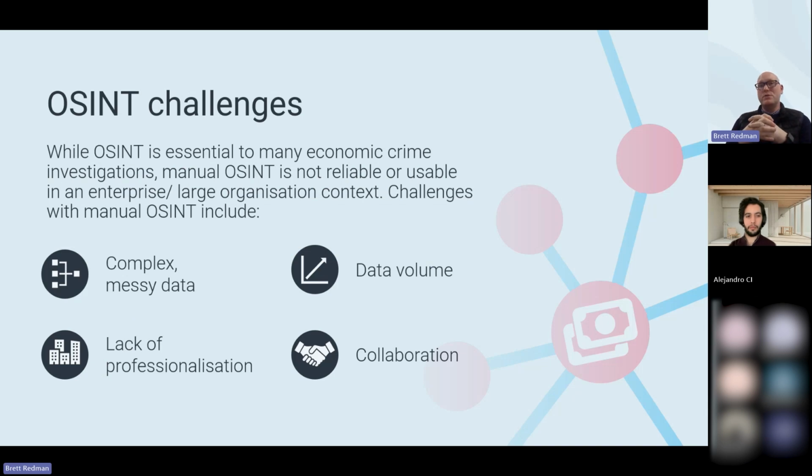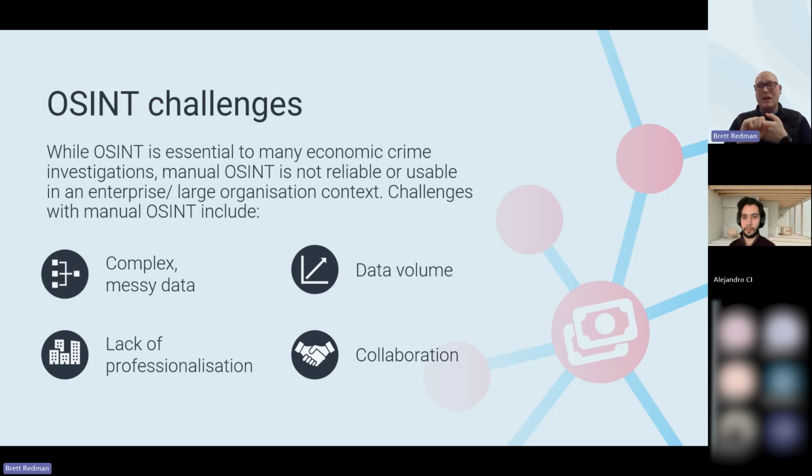And these issues within open source intelligence is manual OSINT. Now, you'll hear the phrase manual OSINT a lot of the time. That's being able to visualize networks, entities, ownership, structures, corporations, or these very small niche businesses with officers or directorships that appear to not be visible behind the scenes of it. Now, what this can often lead to if we're conducting this manually is complex, messy data.